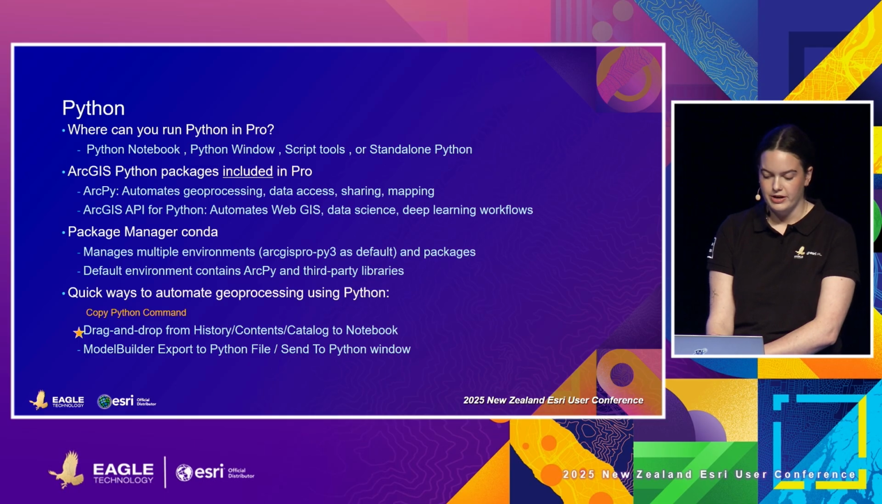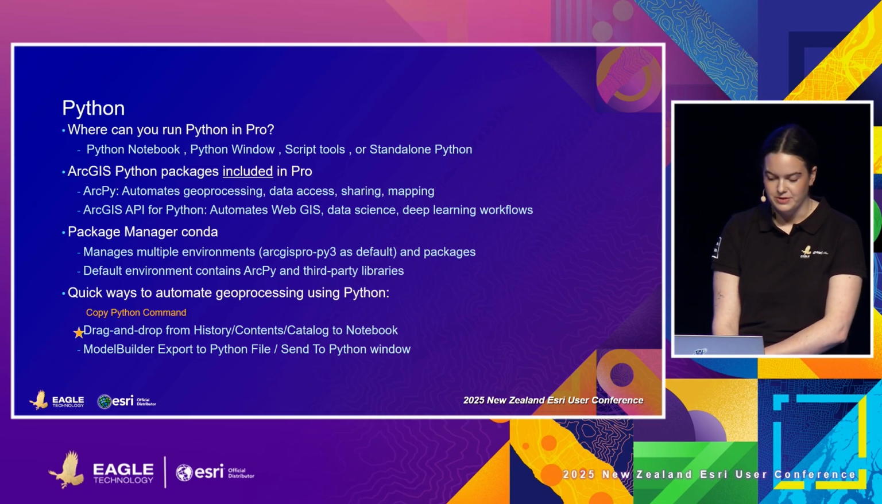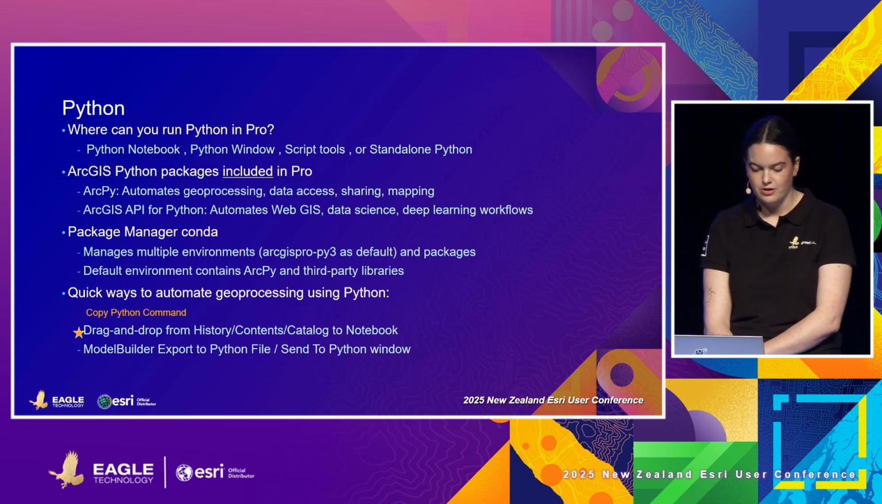ArcGIS Pro Py3, the default environment, contains all the Python libraries used in Pro like SciPy and Pandas. And to help you automate your geoprocessing using Python, you can use the Copy Python command, or run the Export to Python File in Model Builder to send your model into the Python window. Speaking of Model Builder,